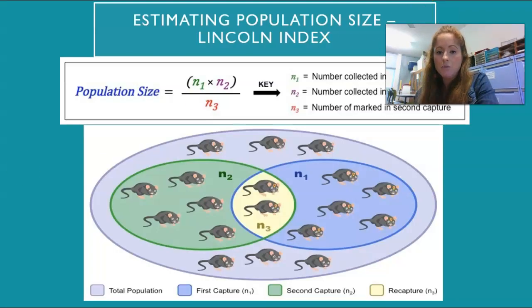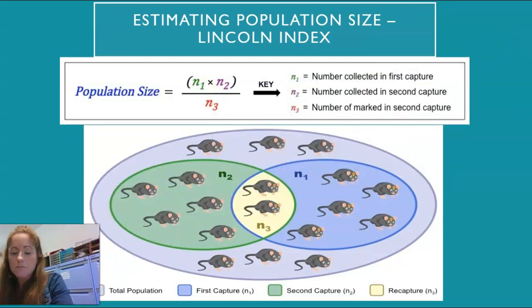So one way that we can estimate the size of a population. If I'm in the field on my farm and I wanted to know how many mice are running around my farm, I could do a mark recapture. This is called the Lincoln Index, and we estimate the population size by saying the number that I